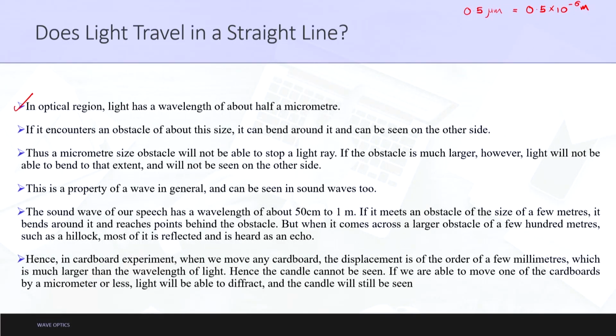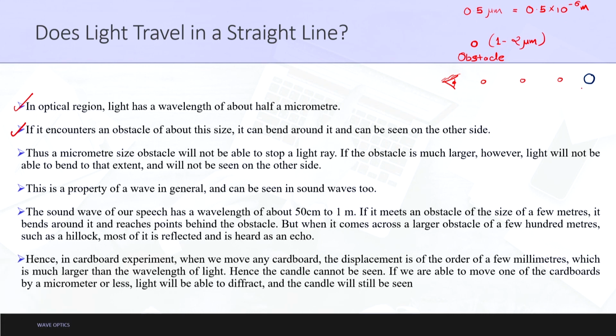If light encounters an obstacle of about this size, as in if the specimen or the sample is also around this size, let us say 1 to 2 micrometers, this is the obstacle, then it can bend around it and it can be seen on the other side. To explain this, let us say I am viewing an object from this position, if these are the 3 holes and this is the obstacle,